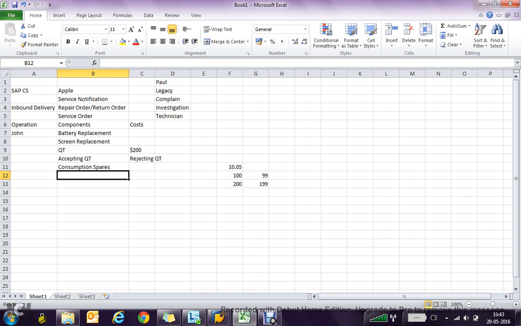After successful consumption of spares, John will provide details to the system that he has successfully finished his job. That part is nothing but confirmation. After confirmation, John will convey the same to the accounts team to raise an invoice to the customer, that means Paul. After raising the invoice to the customer, the Apple service team decides to deliver Paul's mobile phone back to him,